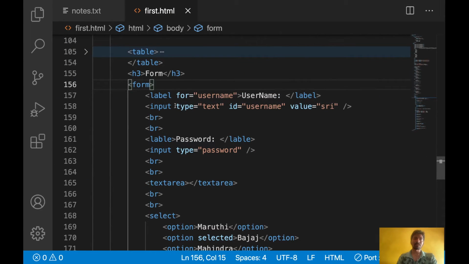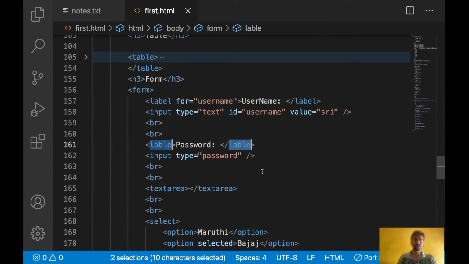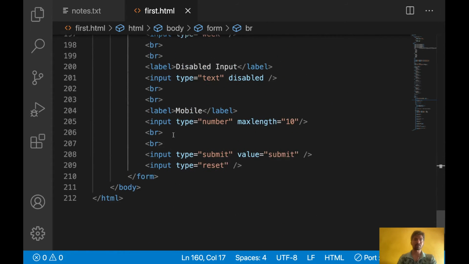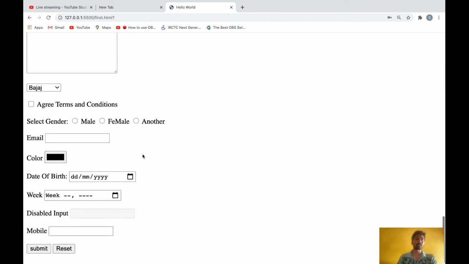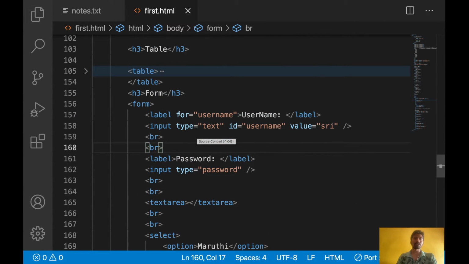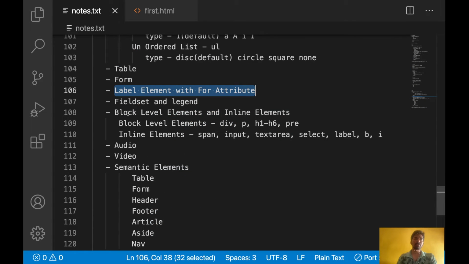Here also a spelling mistake is there, let me correct it. Okay, that is about the label element with the for attribute. Without clicking directly on the input, you can click the label and that will automatically focus that input element.